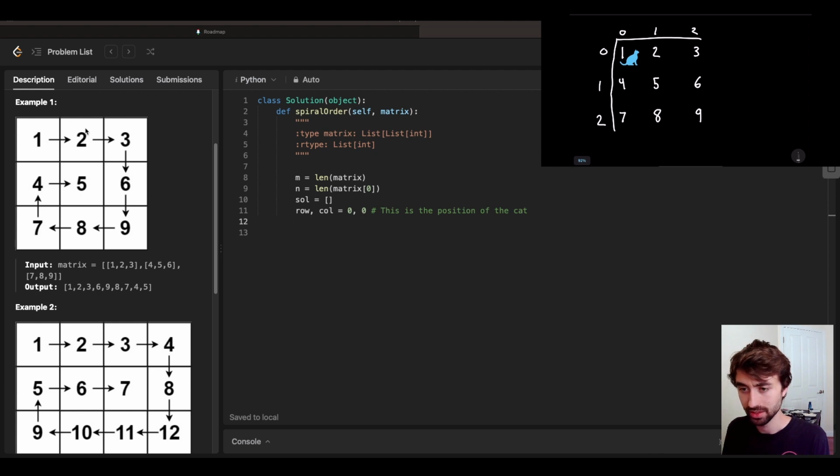But I'm going to label these, I guess, right bound. That's what RB is going to stand for. Right bound, down bound, left bound, and up bound. And we'll set those all equal to 0. Like that. Okay, so now that that's all defined, I'm going to have an initial while loop that says while